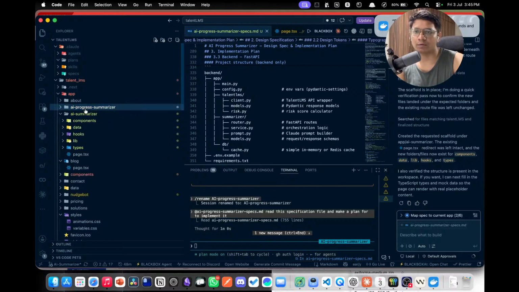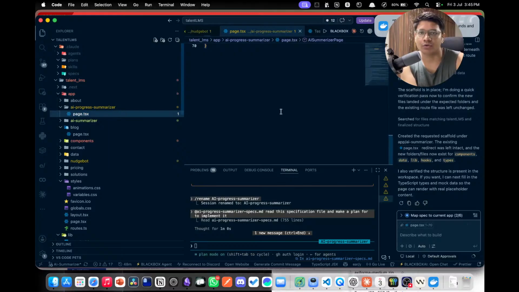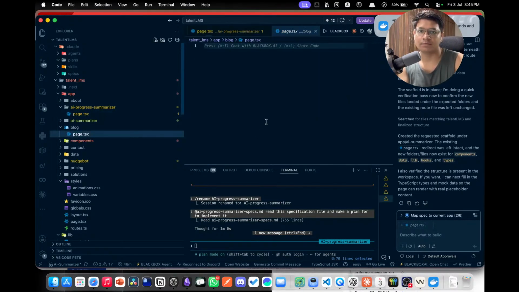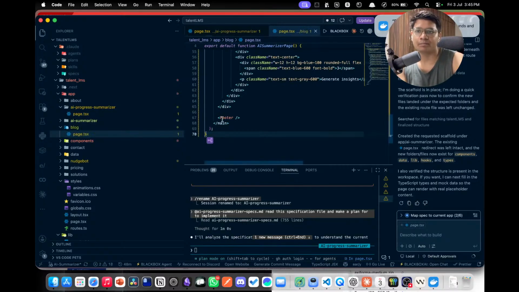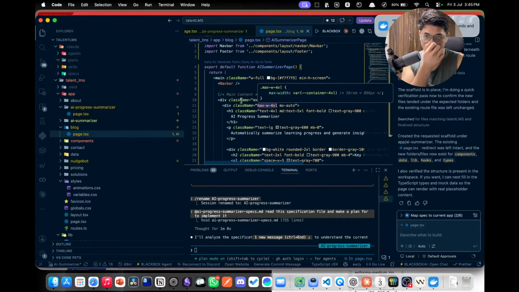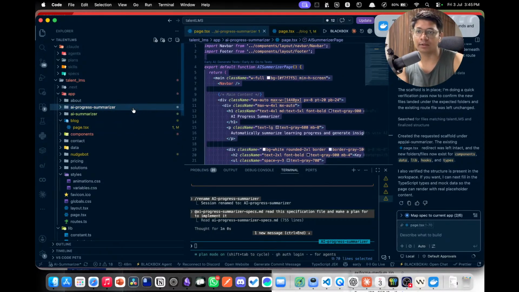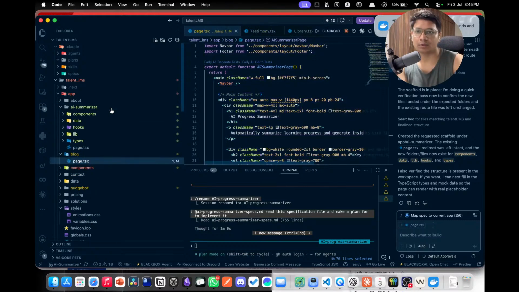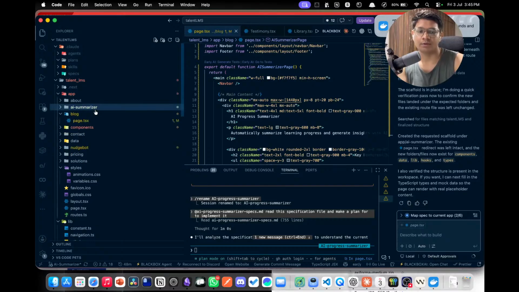So components have been made in this AI summarizer. Eventually, let me just copy paste this file over here. All right, we'll delete this folder entirely. Command delete. Rename it as AI progress summarizer. Progress summarizer. Yeah,